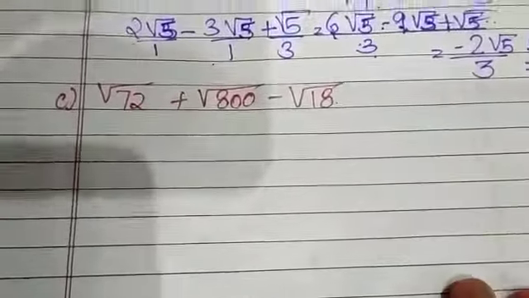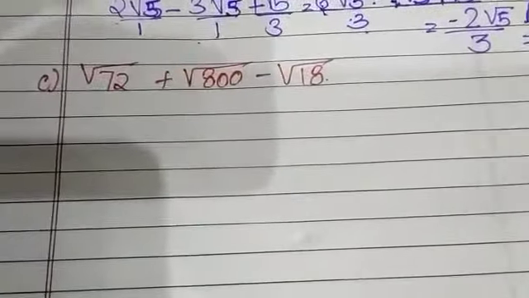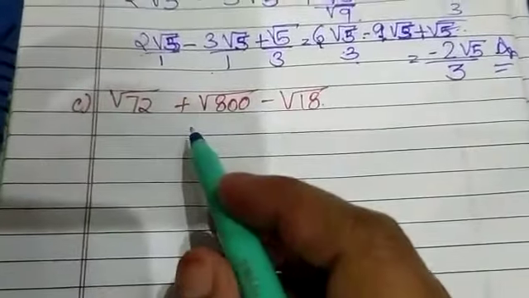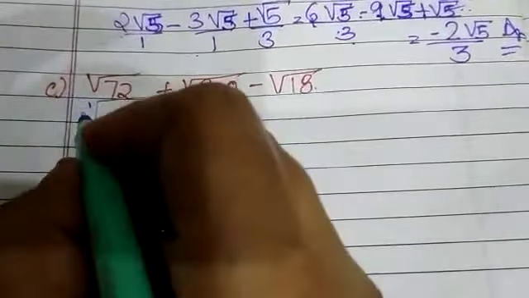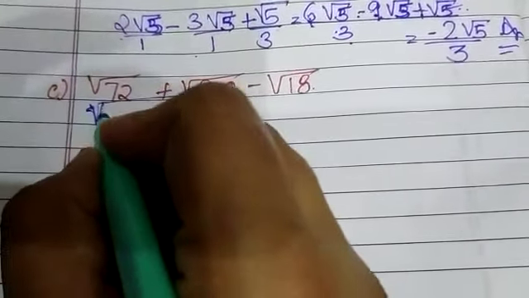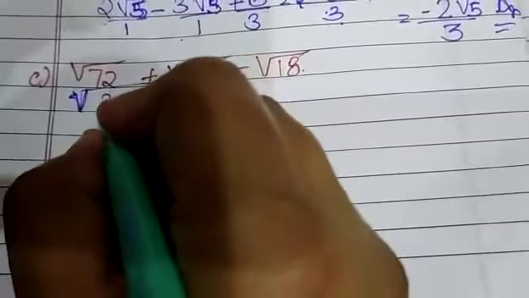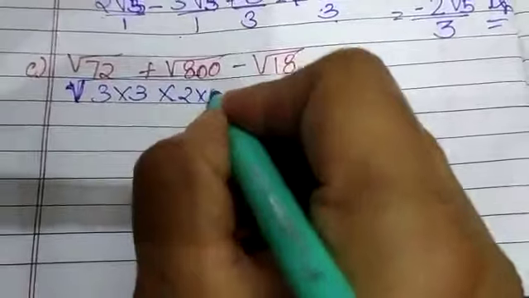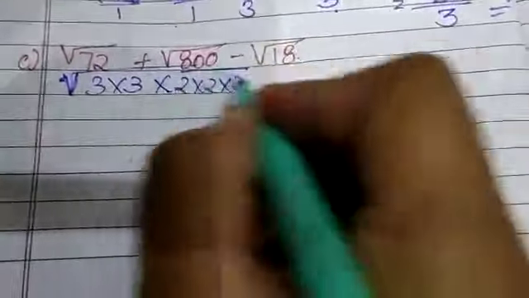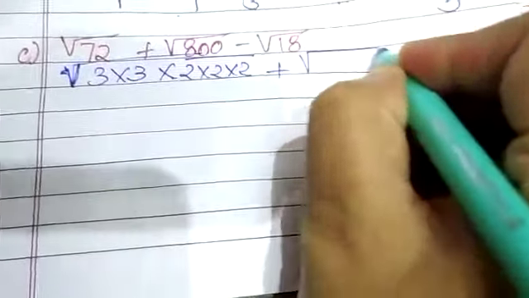Now coming forward to the next, this is under root 72. See, as I told you, instead of finding the prime factors like this, now you all are grown up, you should solve it verbally. Okay, so 9 8s are 72, correct? Now try to write the factors in this way. 9 8s are 72, so 3 3s are 9 and 8: 2 2s are 4, 4 2s are 8. These all are the prime factors, plus under root 800.